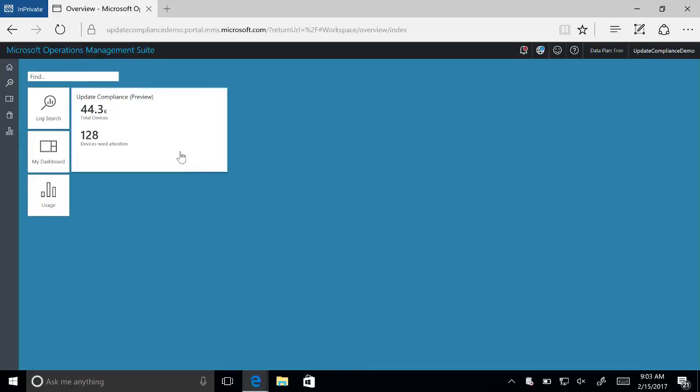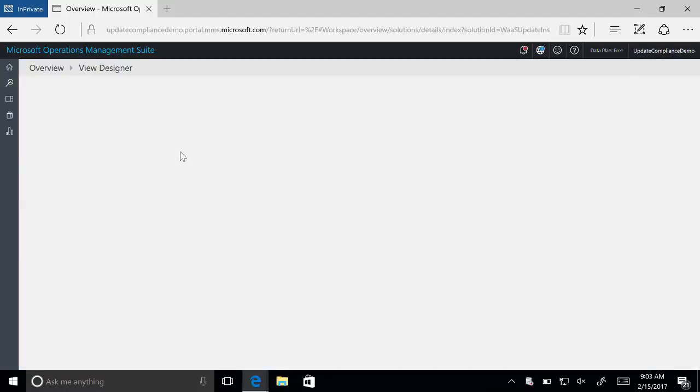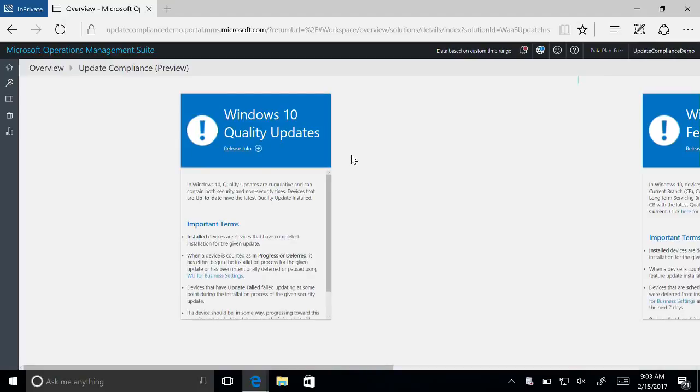And so this is a solution. It's also part of OMS, so you can add it to your OMS workspace through the Solutions Gallery. It's available in public preview as of last Friday. And this is kind of that second piece within the Windows Analytics suite. And just to give you a quick idea of what this looks like,